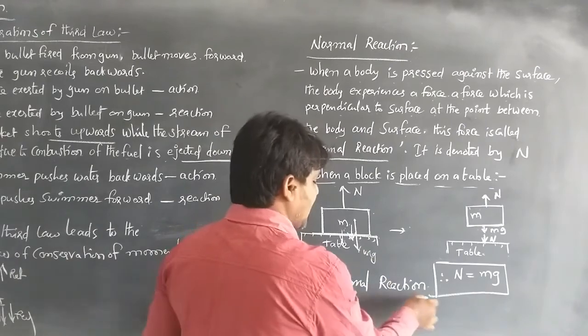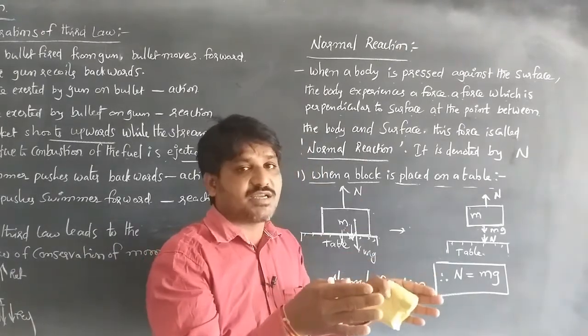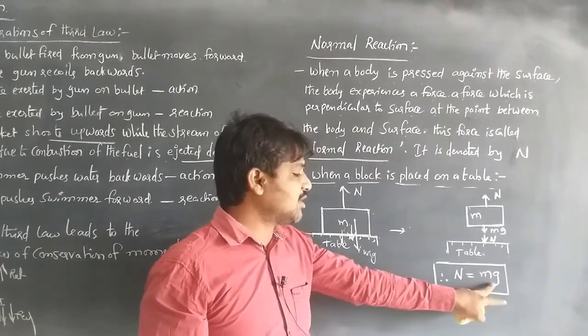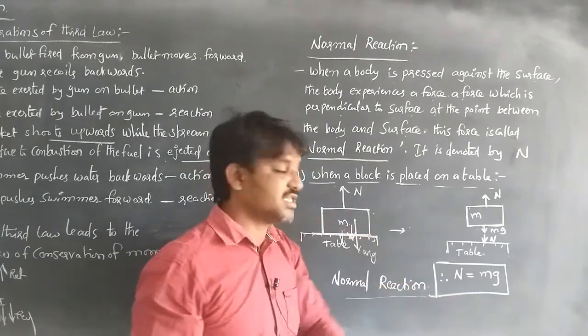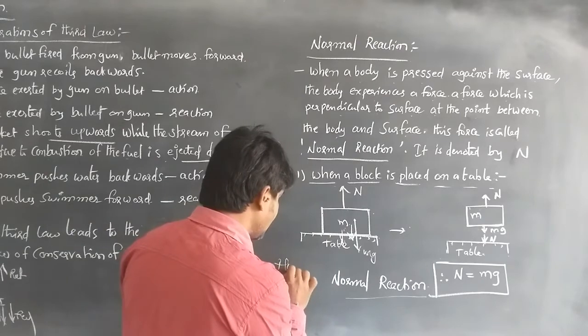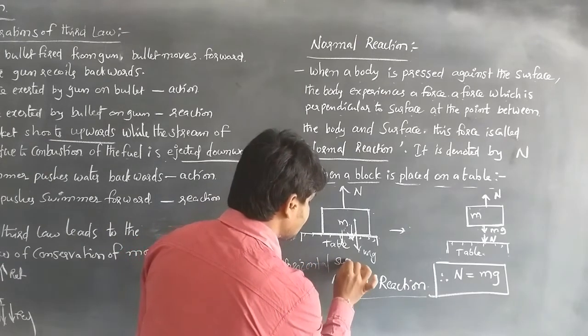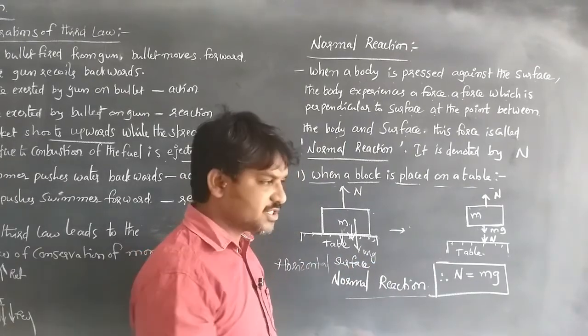So the normal reaction, whenever the block is placed on a horizontal surface, will be N is equal to mg. Always N is equal to mg whenever it is on a horizontal surface. In the case of an inclined surface,